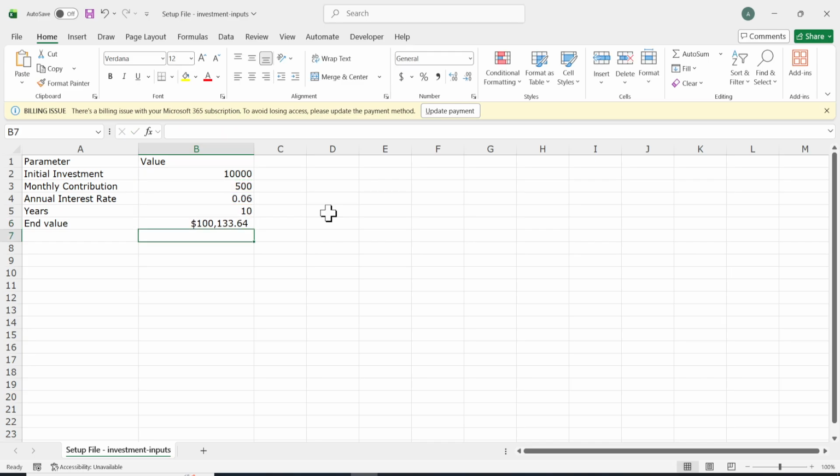Cell B6 now displays the end value of the investment. With the sample inputs of $10,000 plus $500 per month, a 6% annual rate, and 10 years, it should read approximately